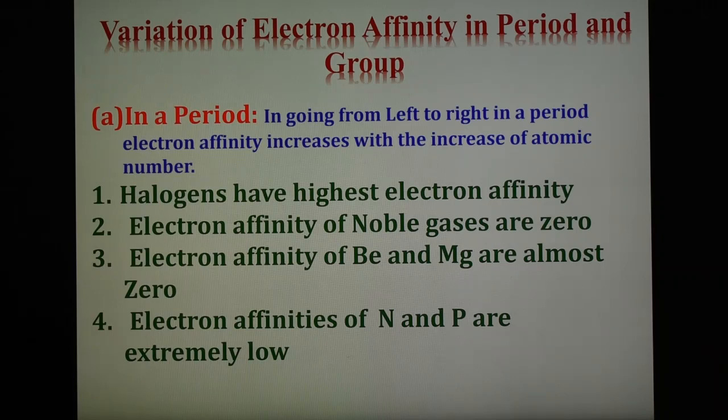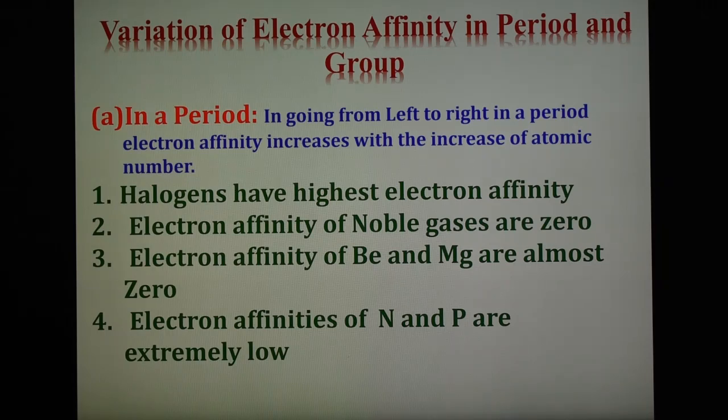Also here we have to know that there are some factors which are responsible for this increase, and here some important points we are going to see. The important features of the electron affinity series are, number one, halogens have the highest electron affinity. As we know, halogens have a high value of electronegativity. As we have seen, electron we have to add to the neutral gaseous atom, so halogens have a strong tendency to accept the electron. Therefore, the electron affinity value of halogens is more as compared to other elements like metals.